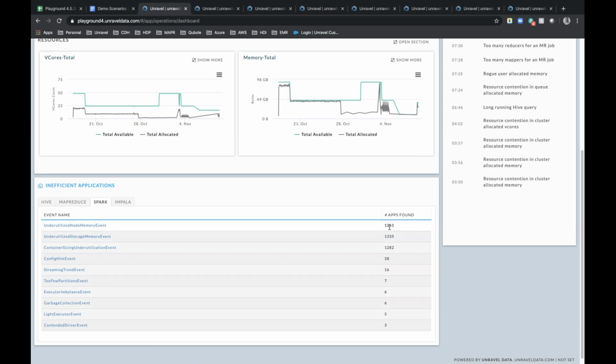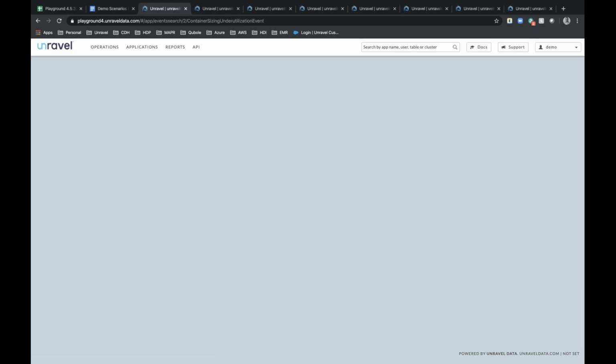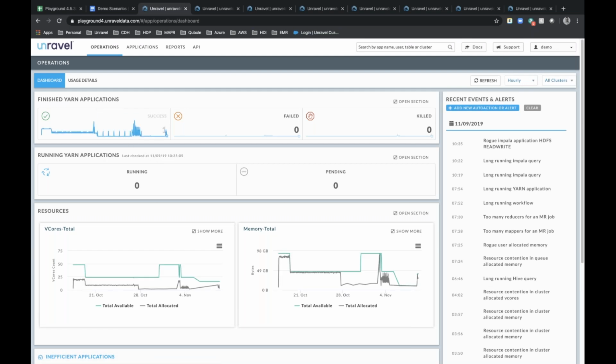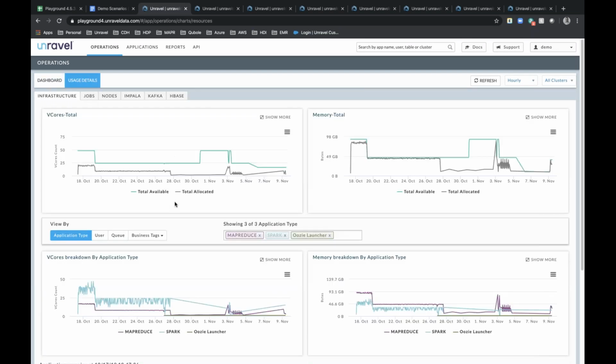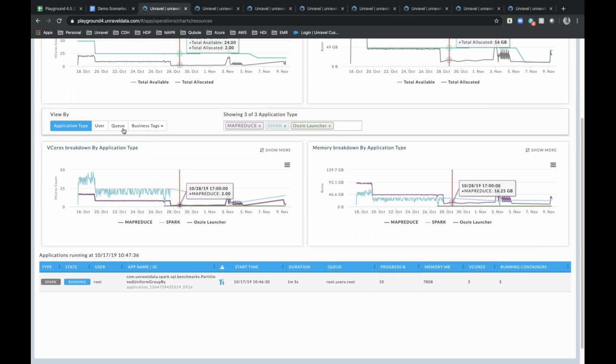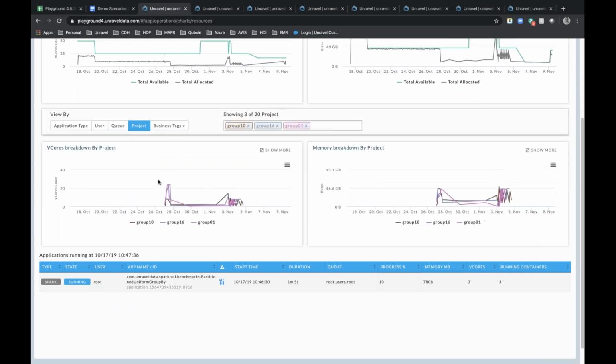And so we detect all of the applications where these events are occurring, and then you can drill down and potentially tune these applications. If you tune them, they can run faster and use fewer resources. The other part of this is being able to go a step further. Let's say that you might be interested in workloads for a particular department,